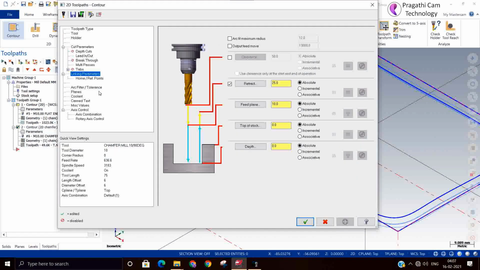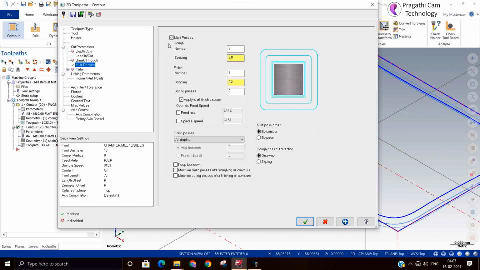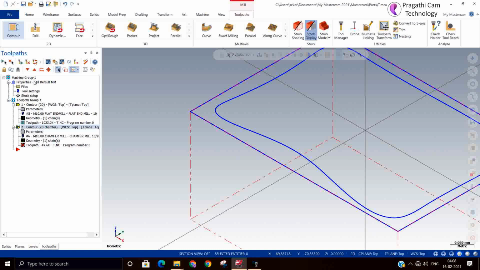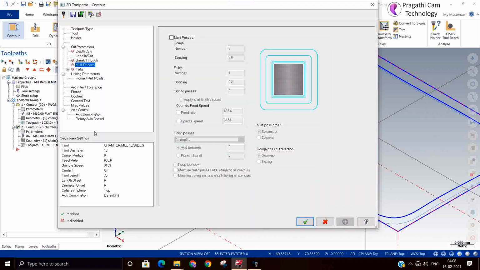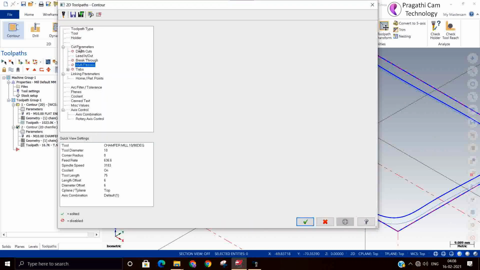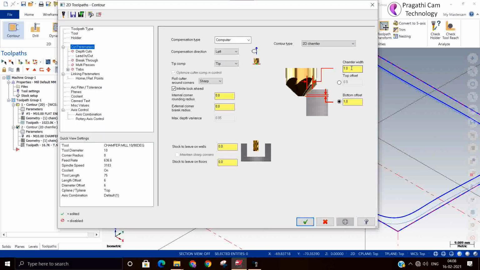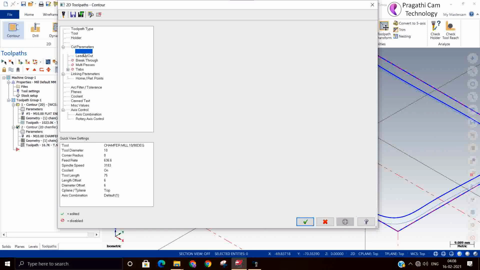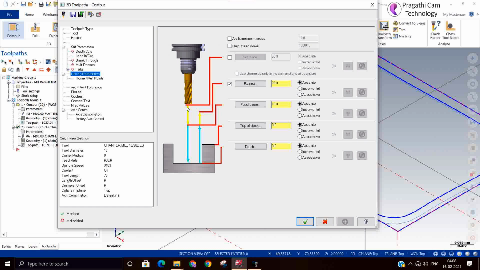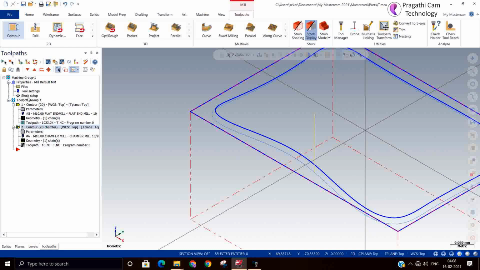If you want, you can switch on multi-pass. No, at present we will not switch on the multi-pass. We'll do it in the next pass. So here you have given chamfer width, and depth we have not given. Top of stock is 0, and here also you have not given the depth.